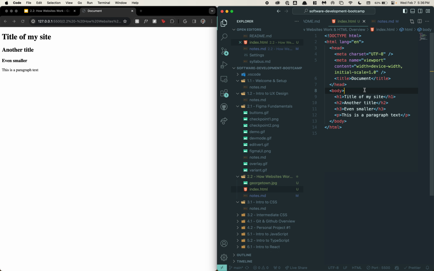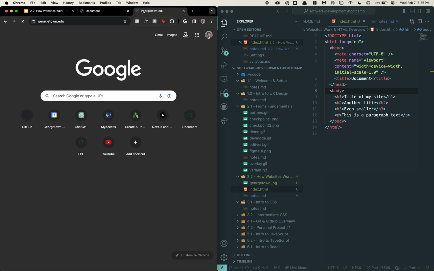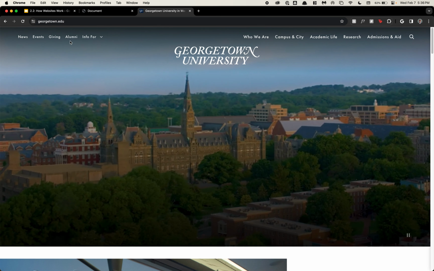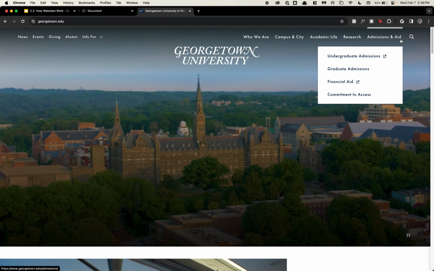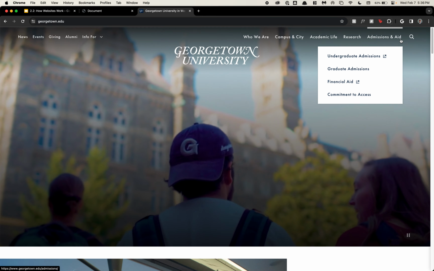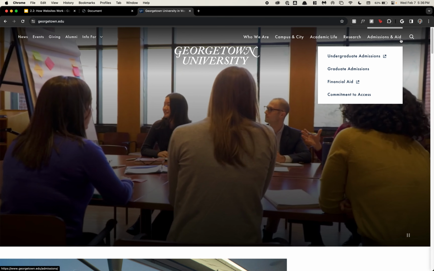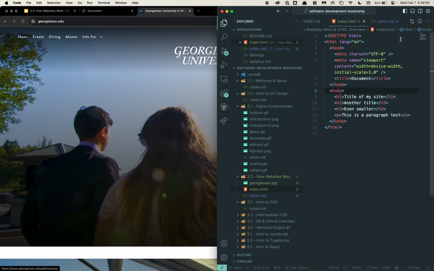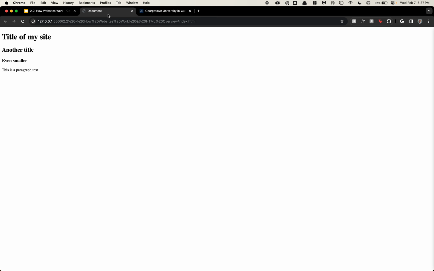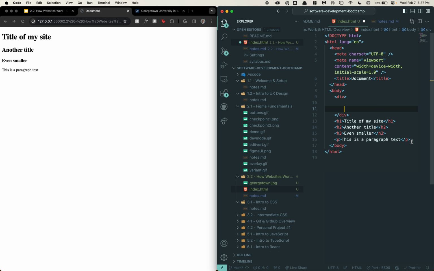So for example, I'll just pull up a georgetown.edu site. Let's say we wanted to group everything in the nav bar. That's a pretty standard thing you would want to do, as the nav bar is its own section of the site. So anytime you notice a section, you want to create a div around it. And so I can come back into my code, create a div, and take all of this HTML that I originally wrote, cut and paste it